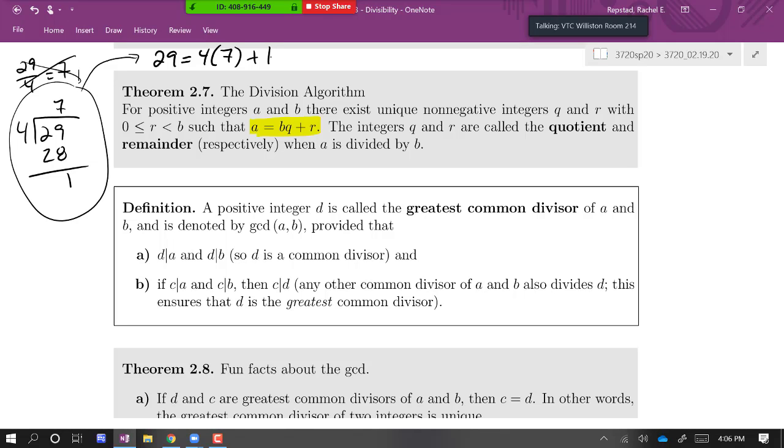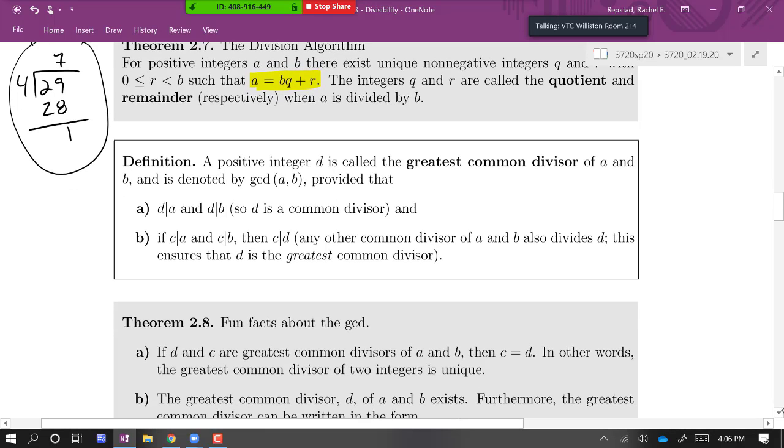Okay, so definition, greatest common divisor, it is what you think it is. It is a common divisor. So if I have 2 integers, a common divisor is one that divides both of them. And then the greatest common divisor is just the biggest one of all of the common divisors it might have. Another way of saying that is that any other common divisor that A and B might have will also divide the greatest common divisor. Not just that it is the biggest one, but it will be divisible by all the other common divisors they might have.